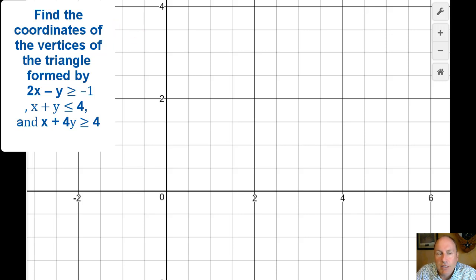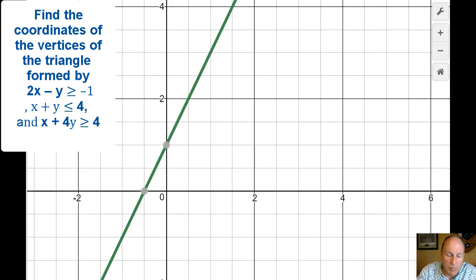Let's take the first inequality, 2x minus y greater than or equal to -1. So we're going to plot the line 2x minus y equals -1 as a boundary line. You can see it in green here. The intercepts are at -1/2 for x and +1 for y. Each square in this graph is 1/2 unit. It is solid because it is a greater than or equal to. Test 0, 0, we get 0 greater than or equal to -1, which is a true statement. So the inequality here is going to be below